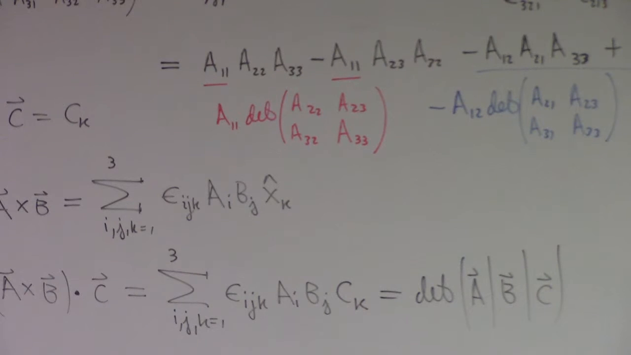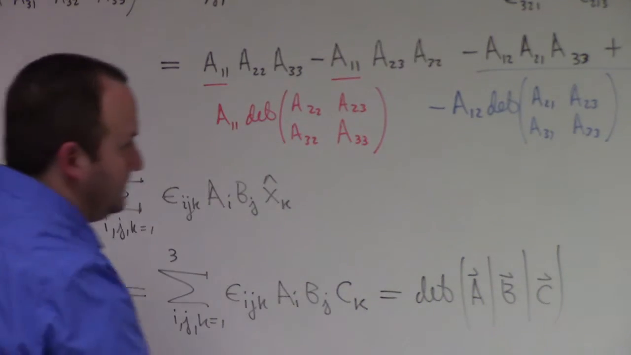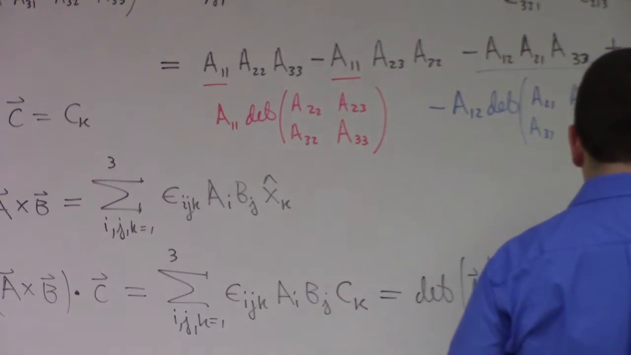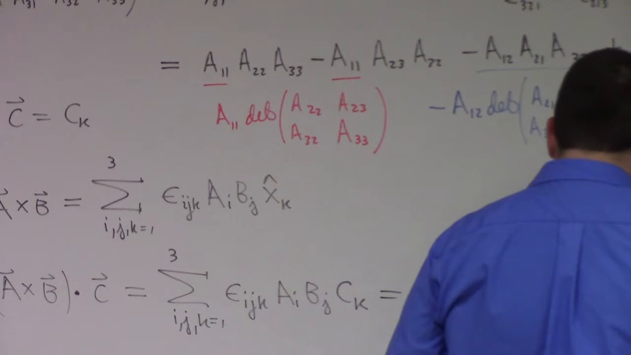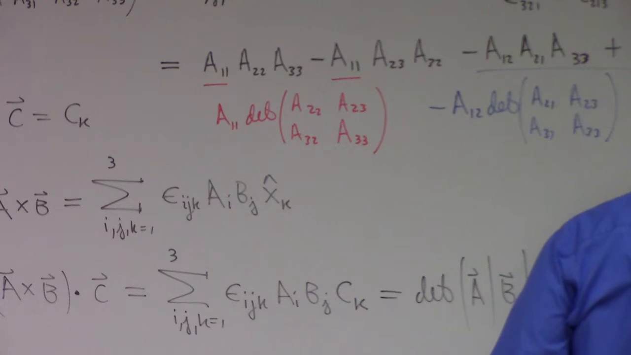And remember, we learned that this triple product is what? It's plus or minus the volume of the parallelepiped with edges A, B, C. If you've had Calculus 3, you should have learned that, right? If you look at something like this,